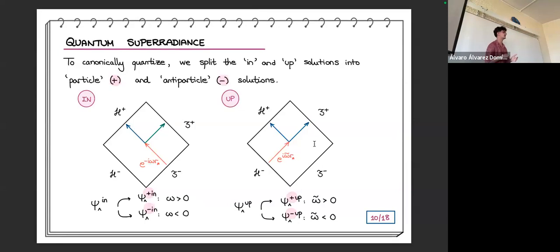So, what do we do in this example? What is the first thing that I would do? To canonically quantize, I'll choose a basis, the in basis. Why? Because I want to. It's a choice. Okay? Later we'll analyze other choices, but let's first choose the in and out basis. So for the in and out basis, I need to do the second step. The second step is, let's divide these solutions into what we are going to call particle states and antiparticle states. Okay? And how am I going to do this? And this is very relevant to understand everything.